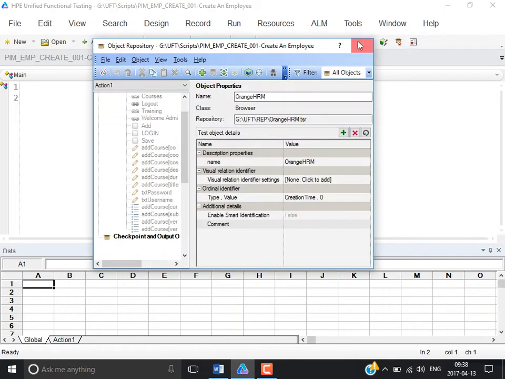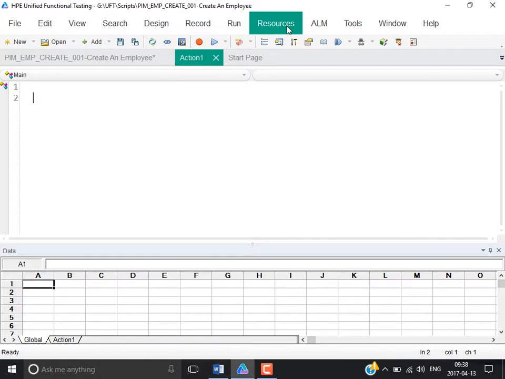It's orange. I'm associating the repository to the action. Now if I call the function in this action, the function will automatically use the repository associated to